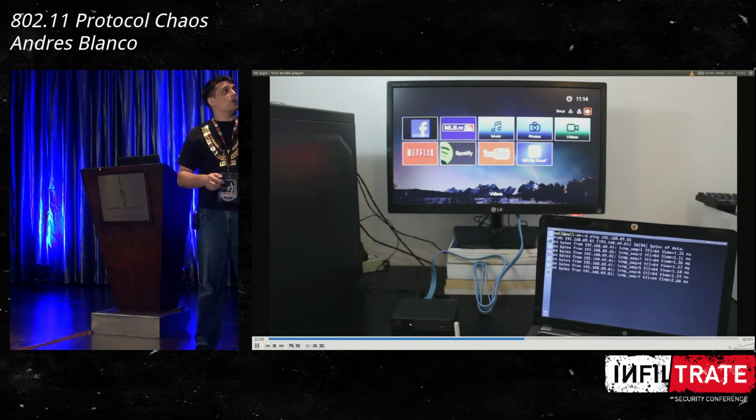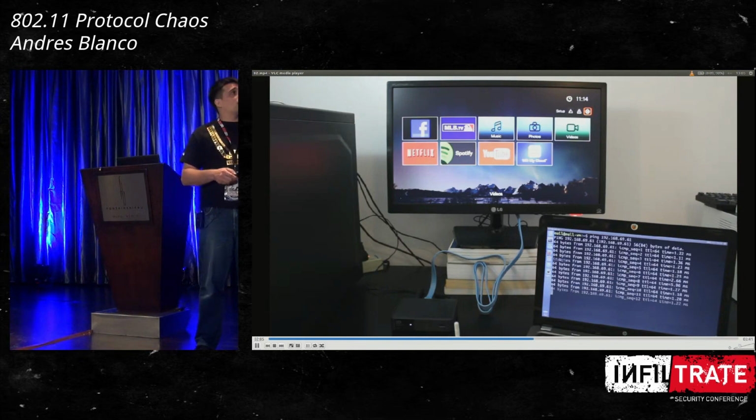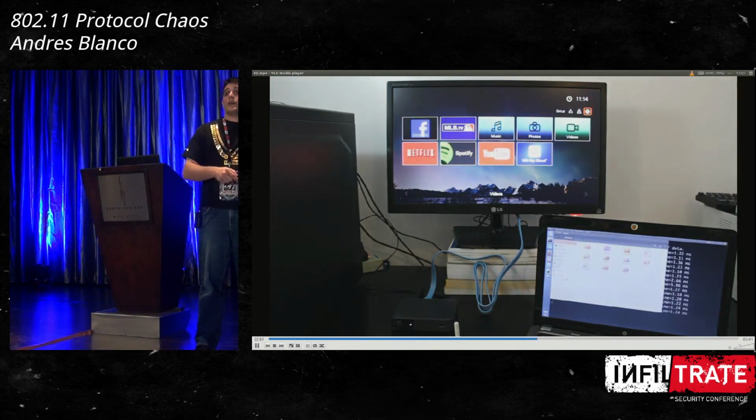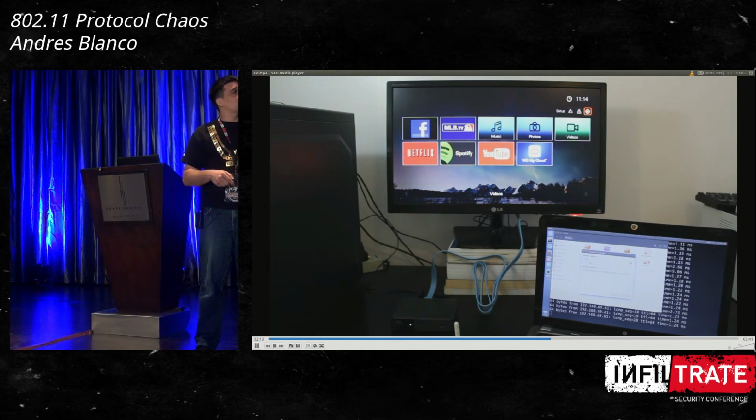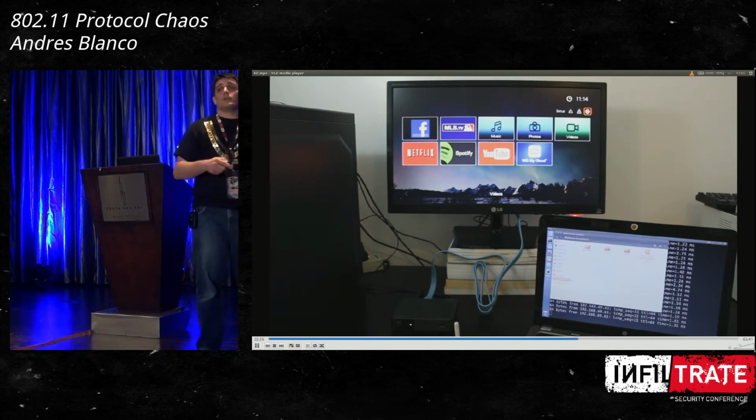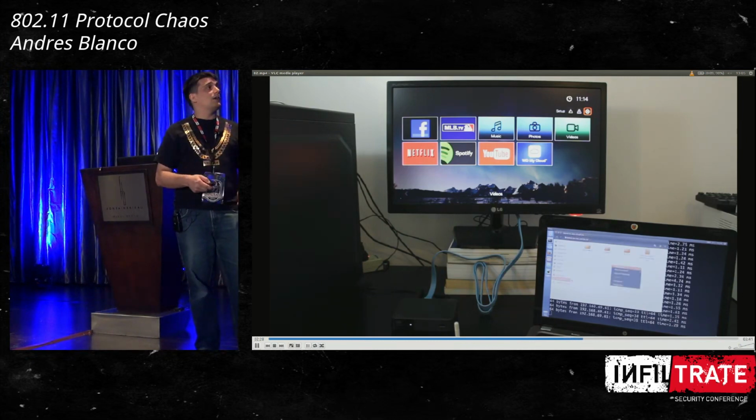And now I'm going to open an Ubuntu Samba client, and I'm going to read the files that are in the USB flash drive connected to the media center. I'm going to see what it contains, and then I'm going to write a fake movie file to show you that the device is going to update the library of the movie files that are inside the flash drive, and it will show you that we have written on the flash drive.